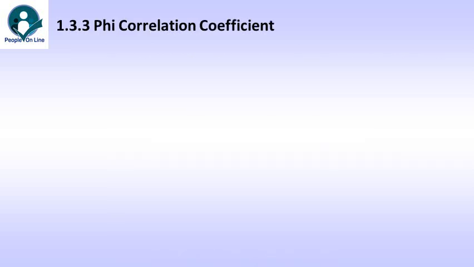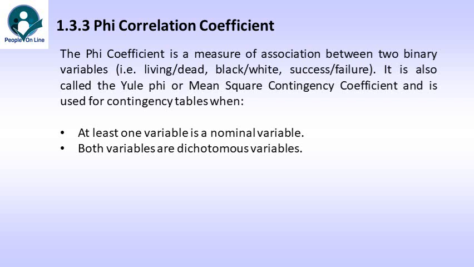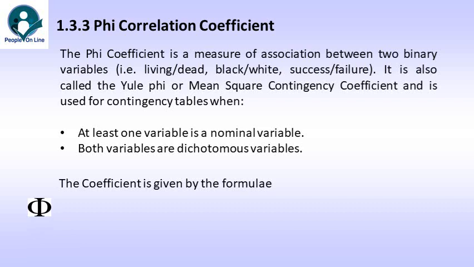Phi correlation coefficient. The phi coefficient is a measure of association between two binary variables, for example, living versus dead, black versus white, success versus failure. It is also called the Yule phi or mean square contingency coefficient and is used for contingency tables when at least one variable is a nominal variable, both variables are dichotomous variables, and the coefficient is given by the formula